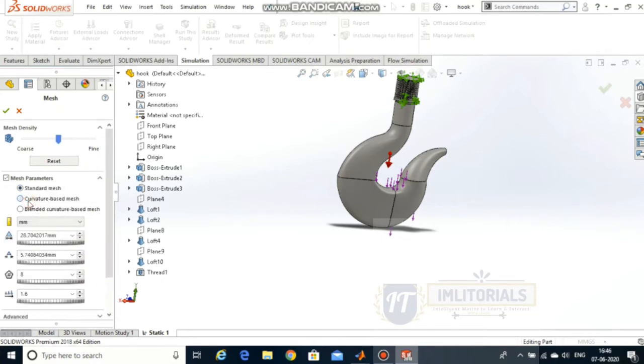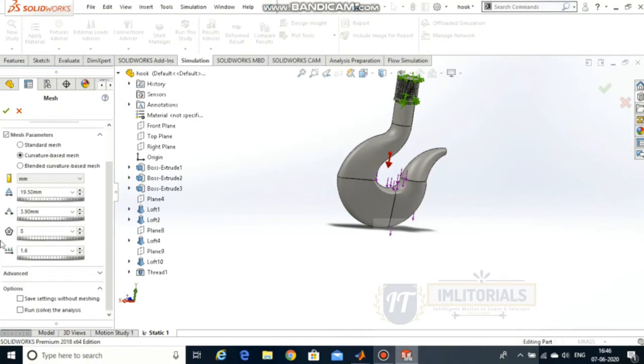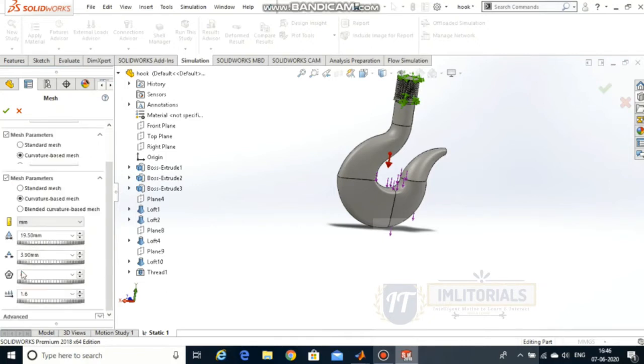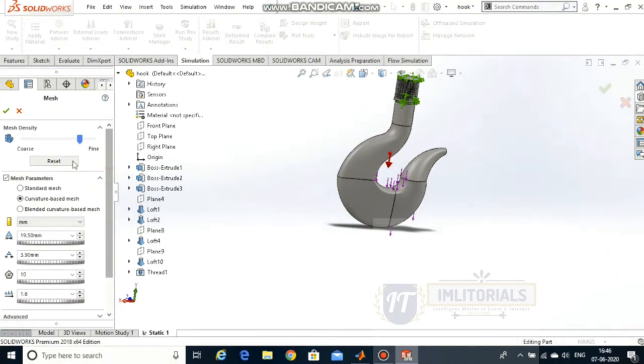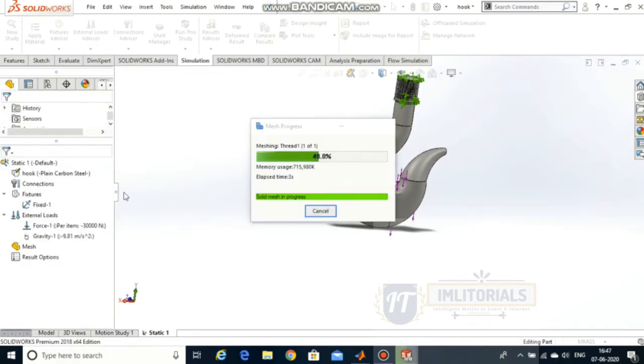So we will select the mesh size according to our requirement. We will wait till the mesh is generated.